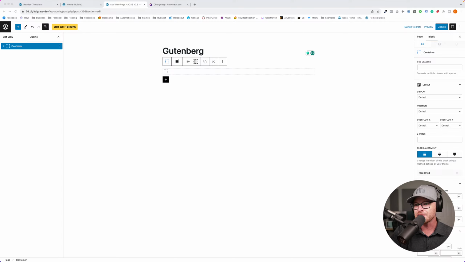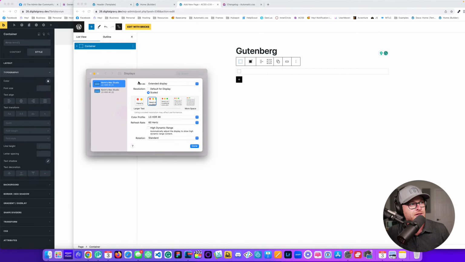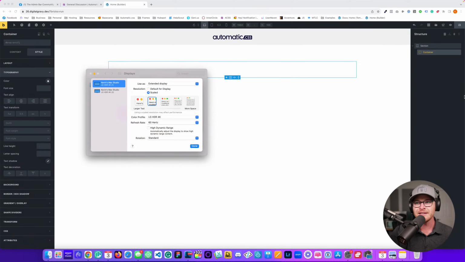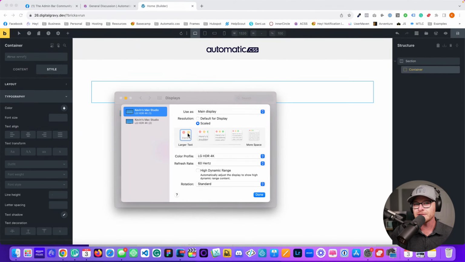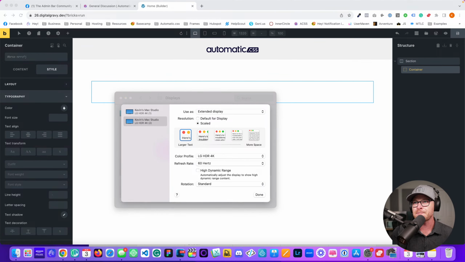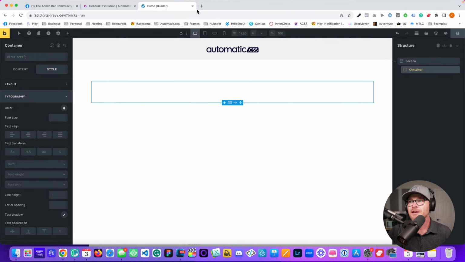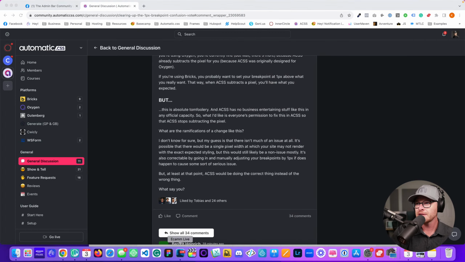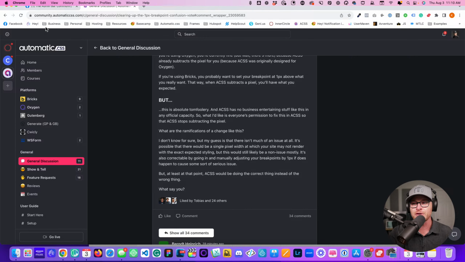Let's see. Let's go to display settings. Let's make sure we're using the correct display. Extended. I don't even know which one. Oh dear. Don't do that. Main display. Let's go back. Okay, so does this, yeah, I guess, no, that's the wrong one. Okay, Mac Studio, this one. There we go. All right, which one are we sharing? Now I have two builders open. Okay, there we go. Well, now we're reading Inner Circle posts.